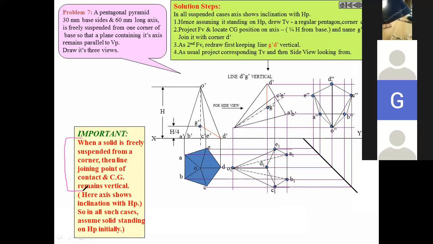That is the inherent property of CG. CG will get this property automatically, that if you lift up from any point, the line joining that point and CG will be vertical. Now if you lift up from here, see, now I have lifted up from here. So the line joining that lifting point and CG is still vertical, isn't it? And I am not holding it strongly. I am just lifting it, so it can hang freely. Are you getting me? Now I will pick up from here in vertical. See, automatically it becomes like that.